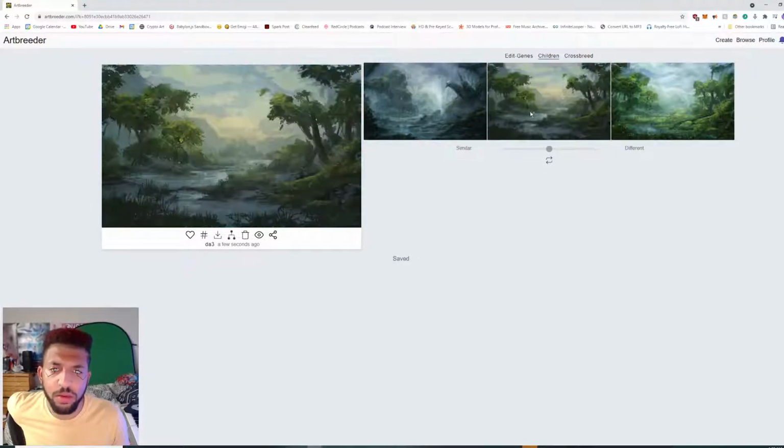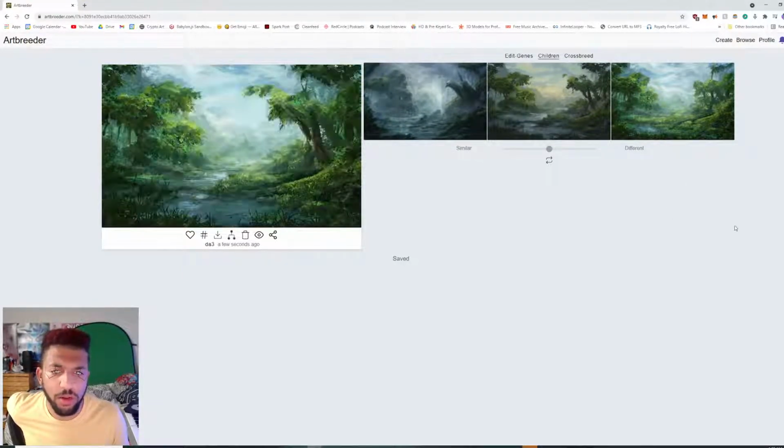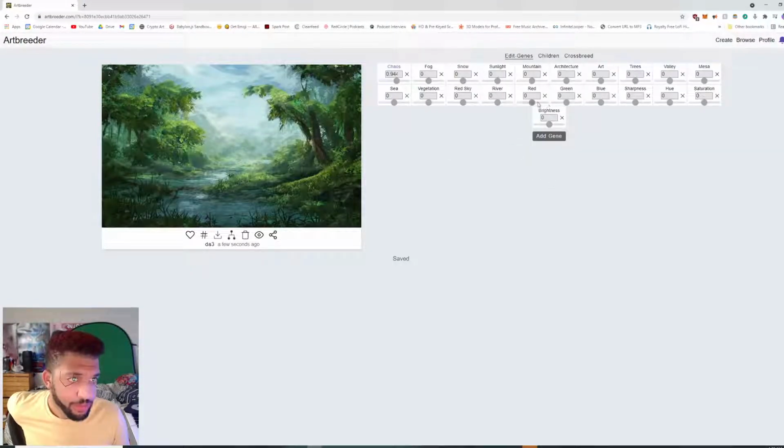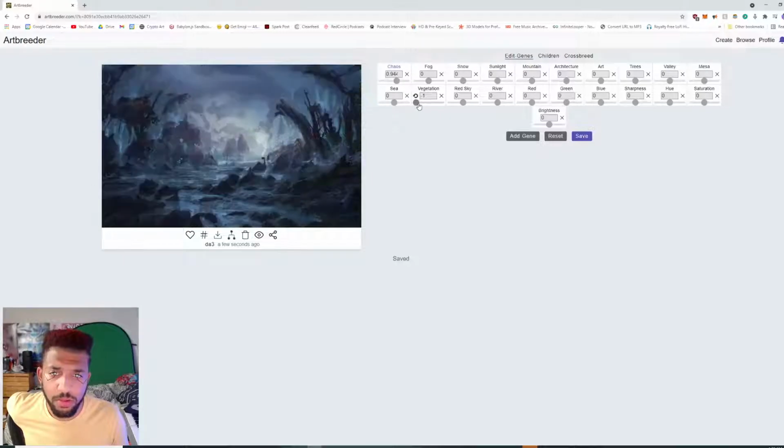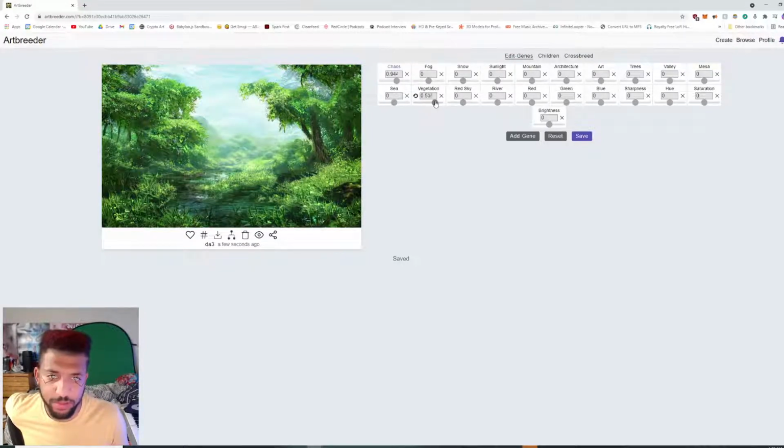Okay. So what we can do when we hit a spot like this, that one's kind of cool. I guess just add some more grass. So we can go to edit genes, and then we can play with other things. So maybe what happens if we did less vegetation? Wow, looks like exactly what it sounds like. And if we added more vegetation,